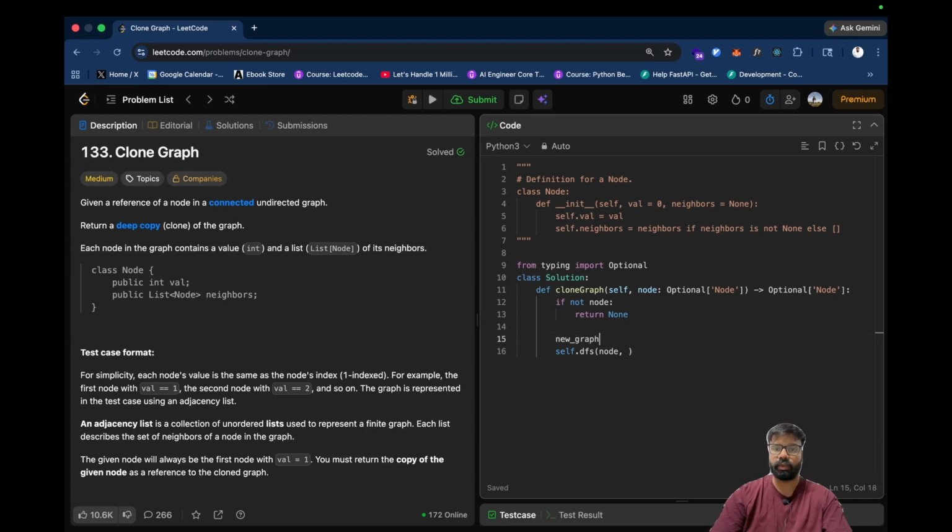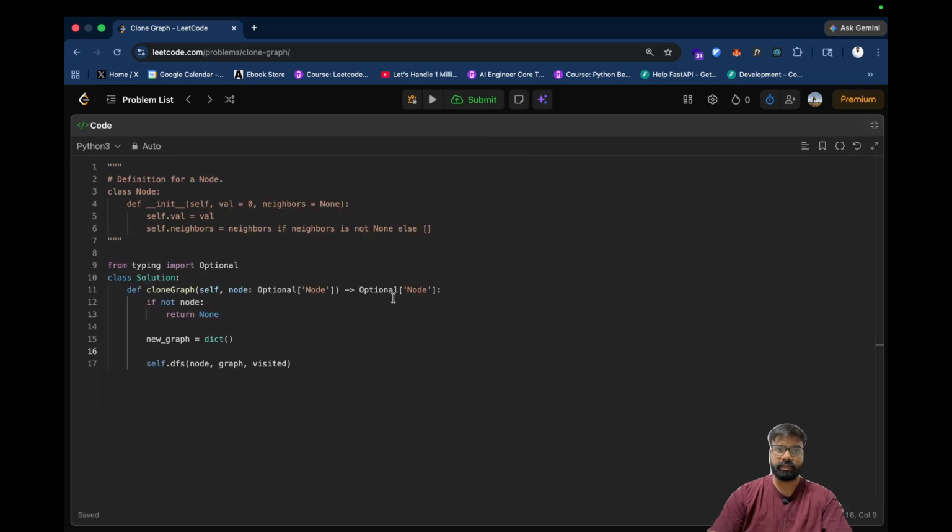Let's call it new graph, and it's a dictionary. Like this, we can give the graph data structure, and we can also provide a visited set. That will keep track of the nodes that we have visited, so we do not revisit any nodes in our DFS algorithm. Let me just maximize the screen